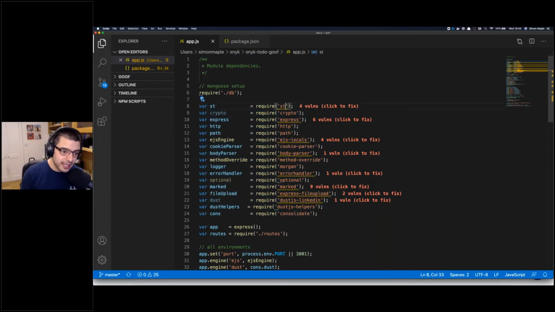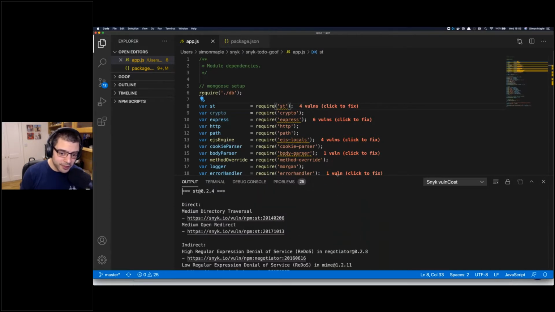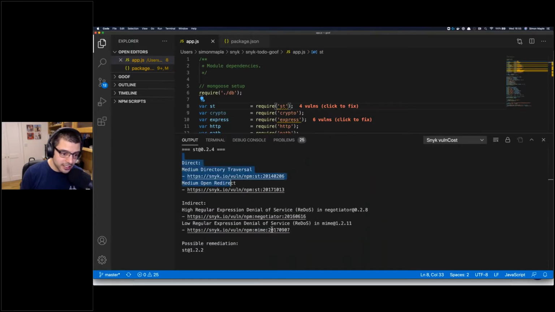I can hover over that, click this little balloon, click fix vulnerabilities, and this will tell me where my vulnerabilities exist. Could be in my directs, could be my indirects, but then it gives me a remediation. So this is the first stage where a developer wants to make sure that they're testing and looking at their application